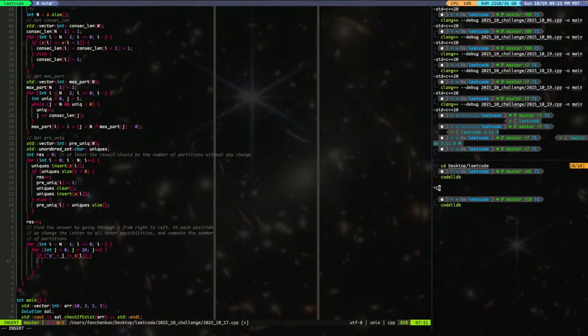After we change, what we're going to do is find the number of uniques so far. And so we have 2 scenarios. One, the number of uniques